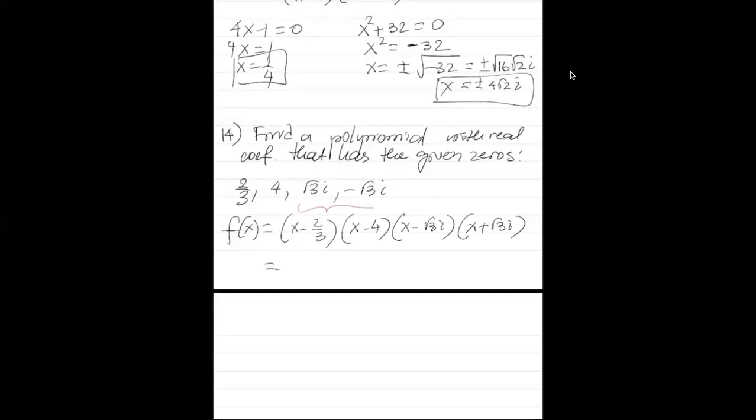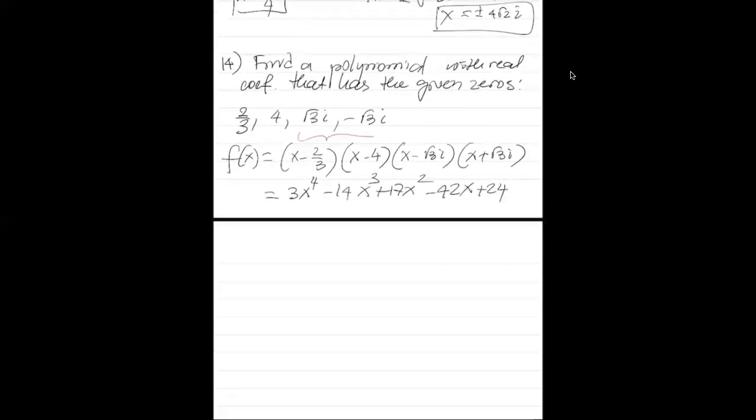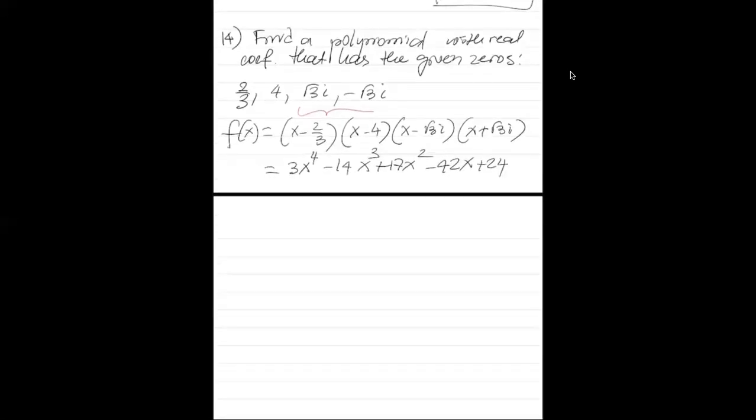After you FOIL, then combine like terms and simplify, you should get 3x to the fourth minus 14x to the third plus 17x squared minus 42x plus 24. So it's a good exercise to FOIL and simplify. Number 15, plot and find